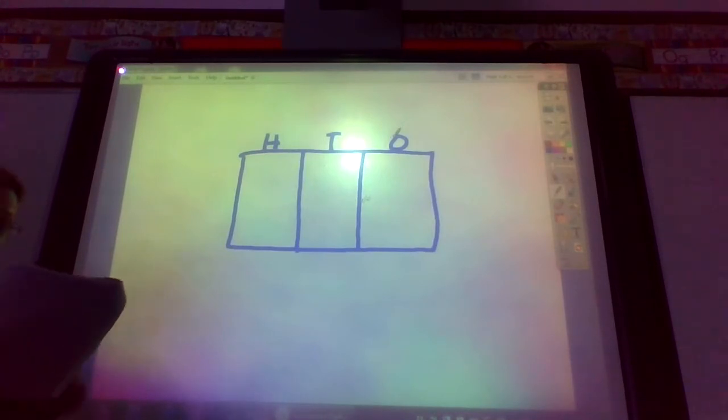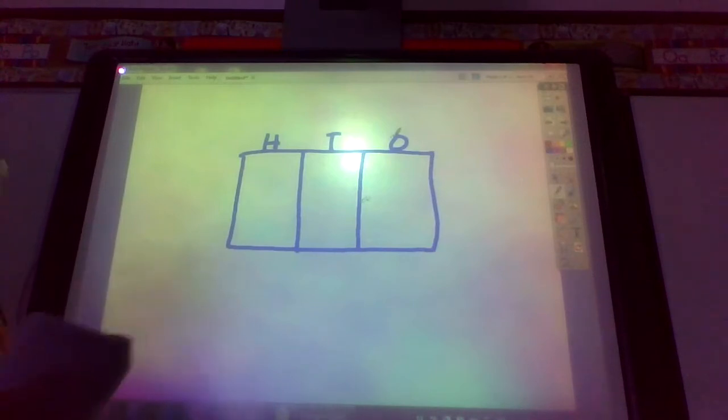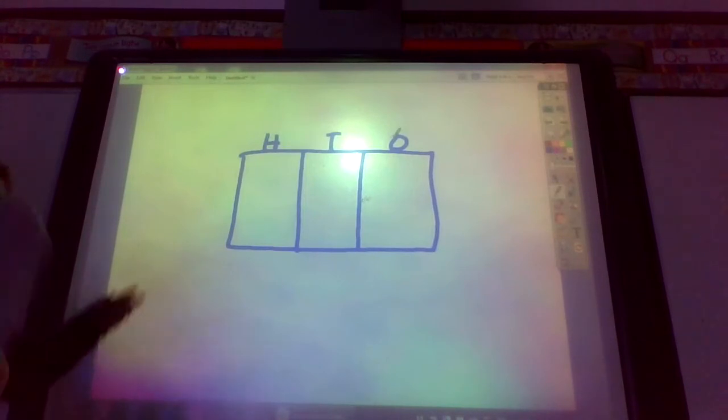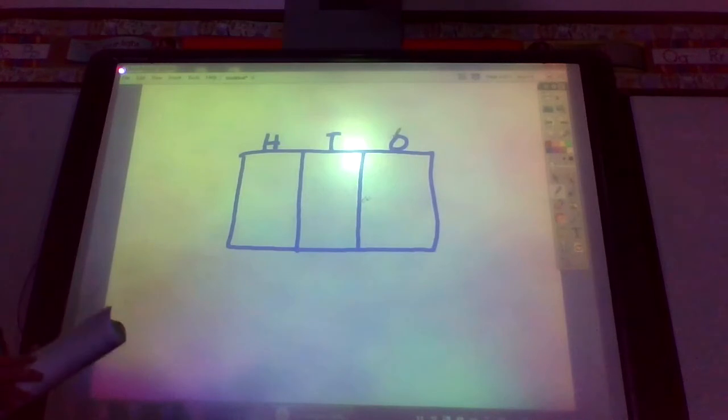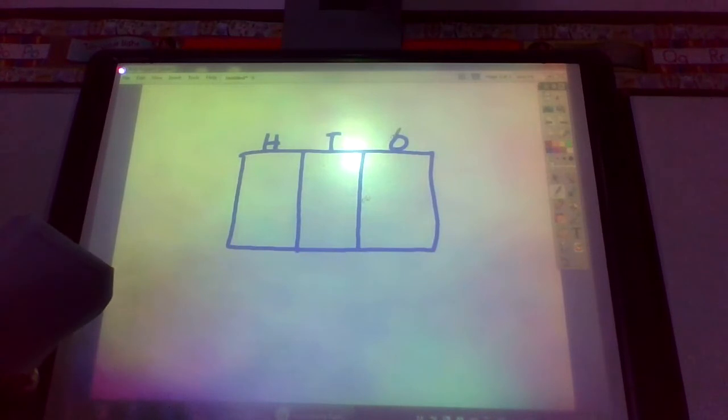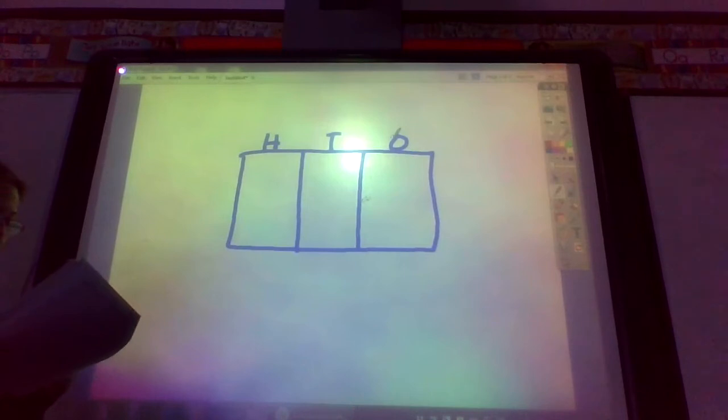So I am going to use disk or circles to count hundreds, tens, and ones to get the total value of a number. That's what I'm going to do to get the total value of a number. So, let's say I have